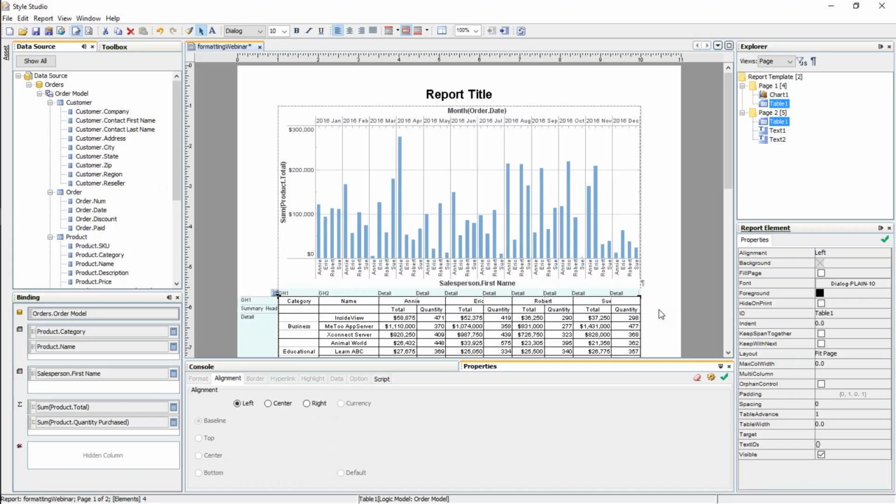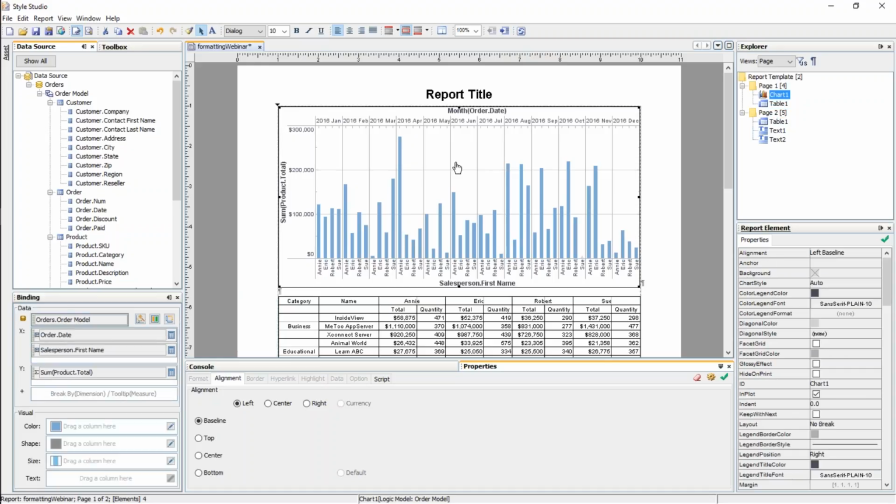One kind of formatting you might like to do is to change the appearance of a date field, right? So here on the chart, we've got this date field up here. Currently it's using its default representation, which is the year and then a 3-letter month. Let's say we wanted to change that to the month first and then the year, or maybe just the 2-digit year, something like that. So that's a kind of formatting of a date type field. So what I would do for a chart, because I need to do the formatting in the chart properties dialog box, is right-click on the chart, go to properties for the chart,